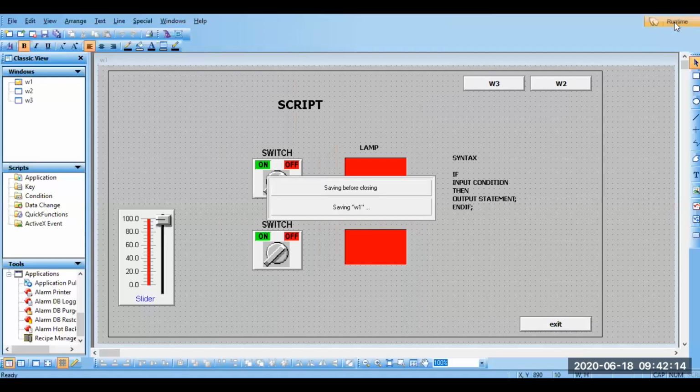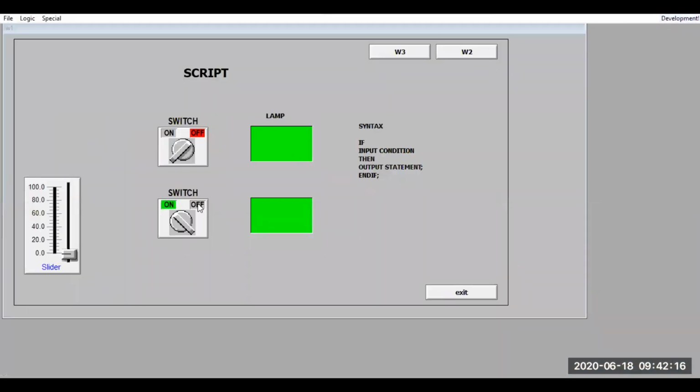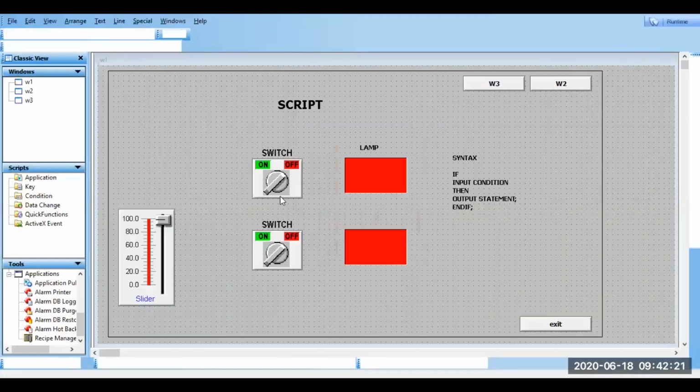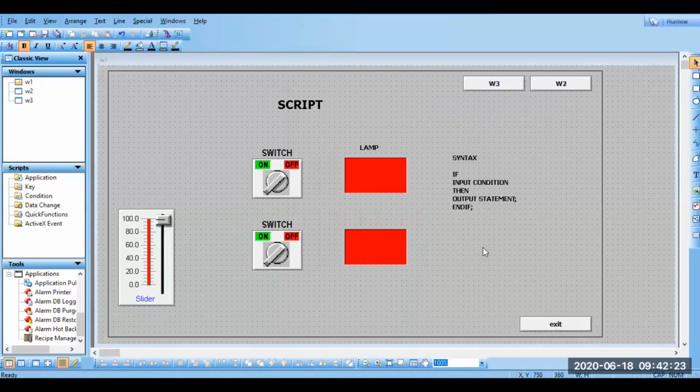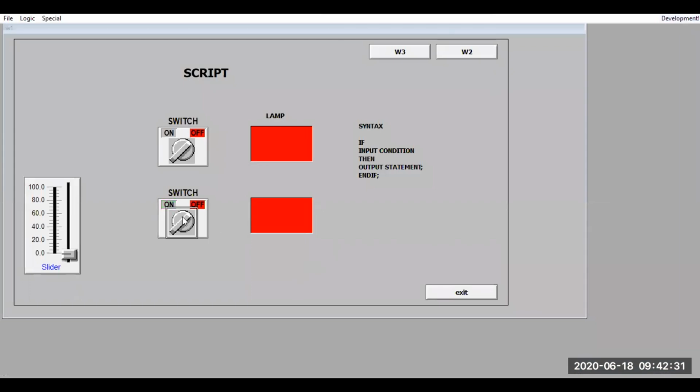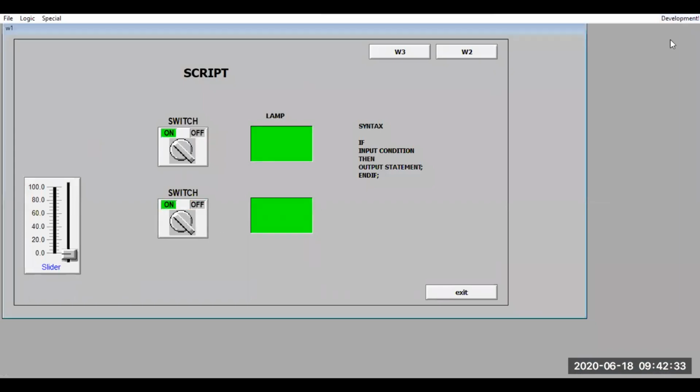Go for runtime. Still it is in an on condition. To update this, you need to close your runtime and come again. Then only it will get updated. I left it as it is.